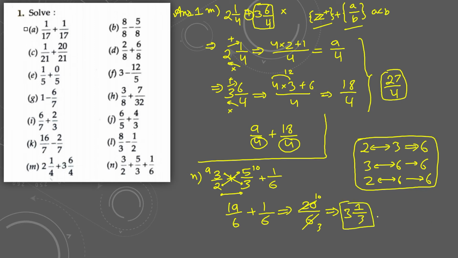The N part, or 10 upon 3, is also the correct answer. One thing I want to tell you: sometimes it is important to simplify into lowest terms. If you do the question like this directly, you can get marks, but sometimes teachers may cut your marks, so you have to make sure that you simplify it in lowest terms.